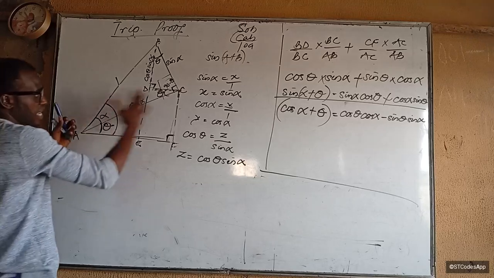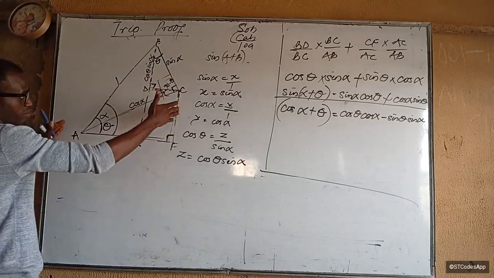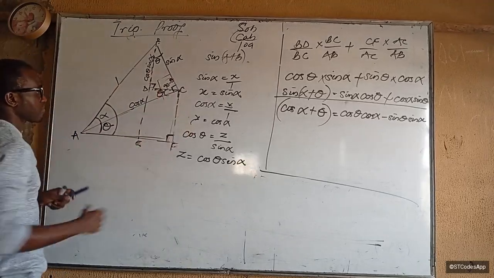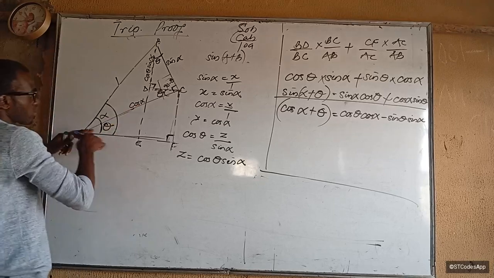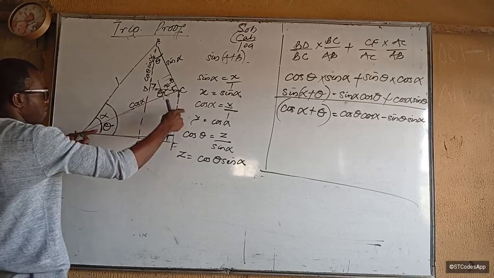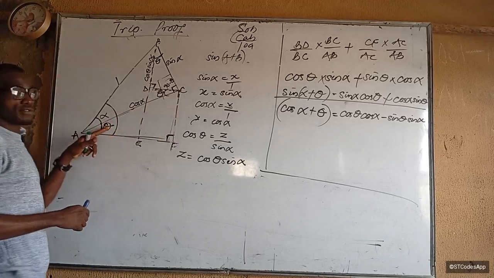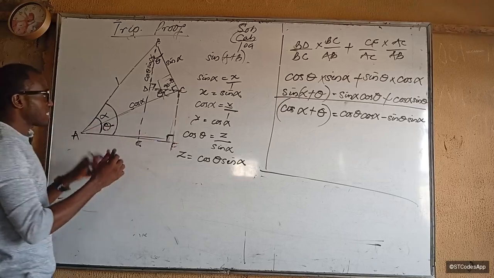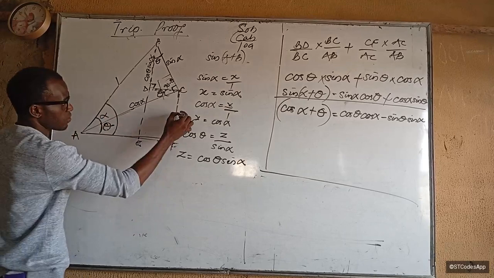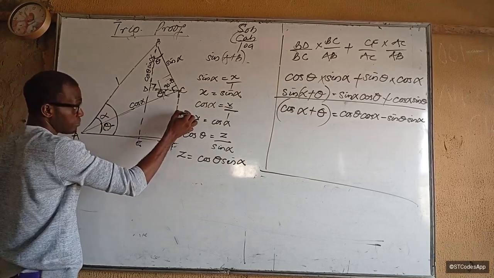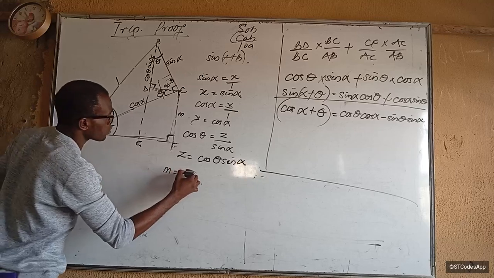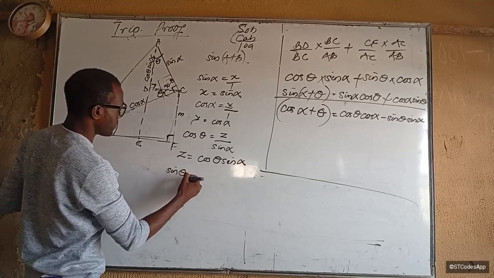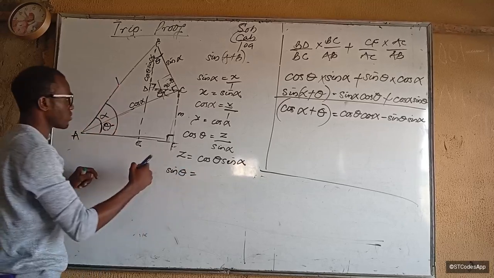Now for the bigger triangle here, if we want to look for this side, we already have the hypotenuse, so we are looking for this side relative to this angle theta. This side is going to be the opposite, so that will be sine. Let's call this place M. So M will be found from sine theta being equal to